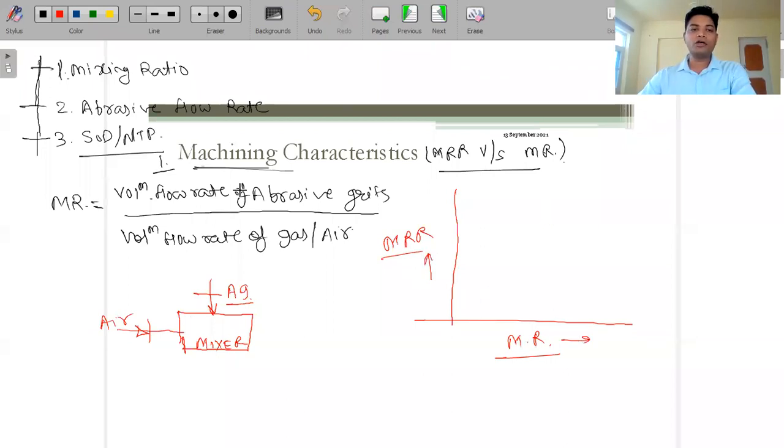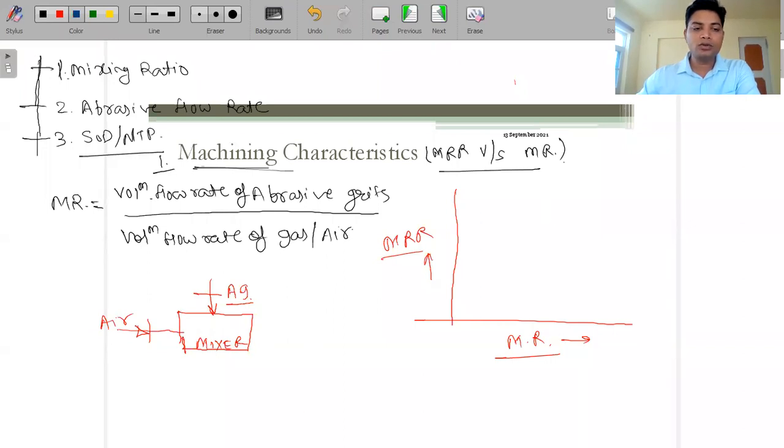So initially, mixing ratio means, for example, I'm taking this example so that you can understand it in a very clear manner. By the way, this example is not available anywhere, so I'm just taking a simple example. Just assume